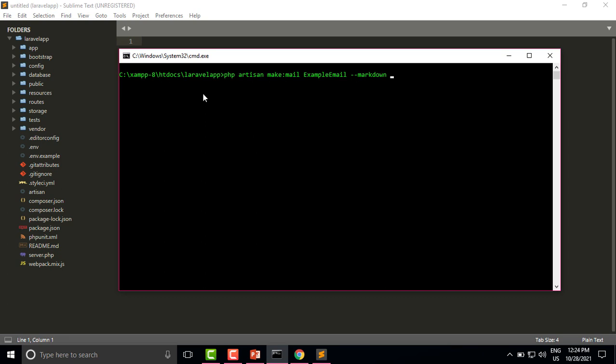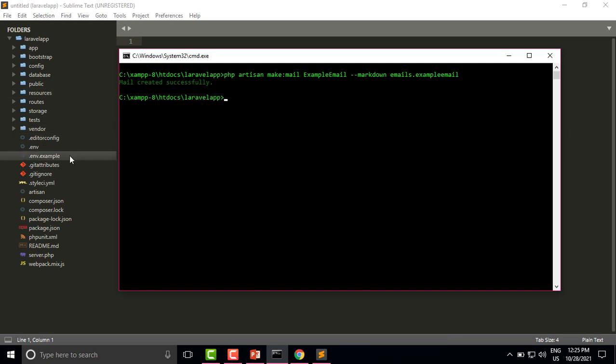And we need to pass the name of the folder, emails.example-email. Hit enter. Now you can see mail created successfully.